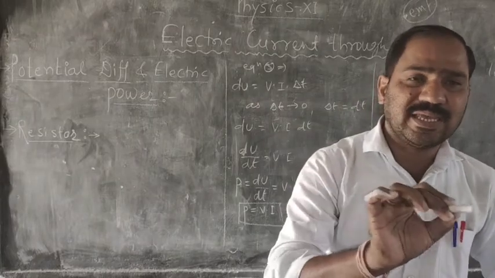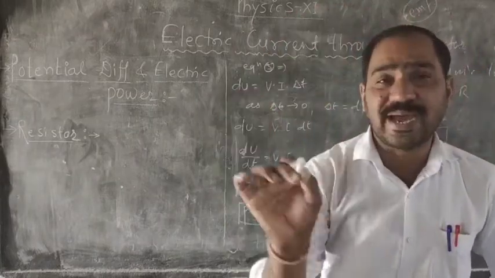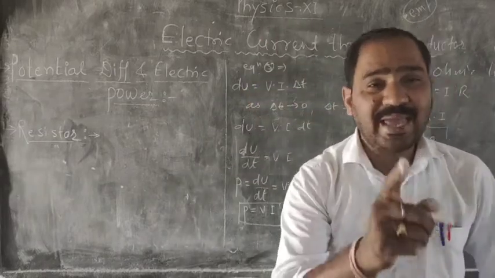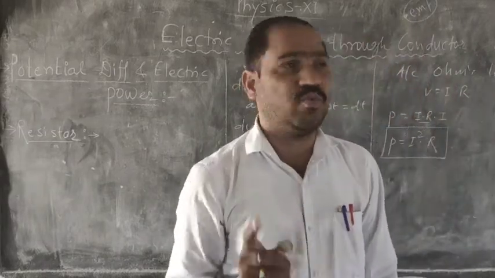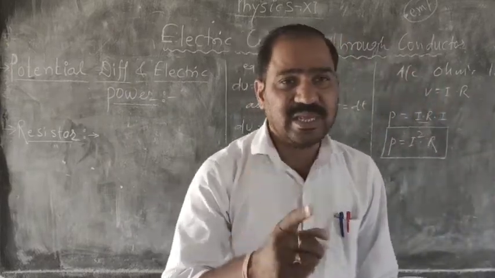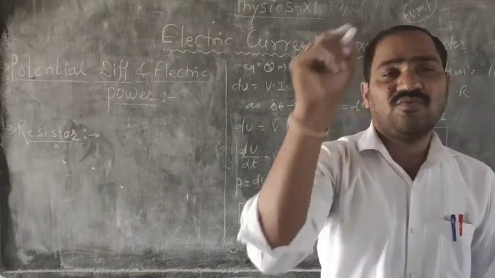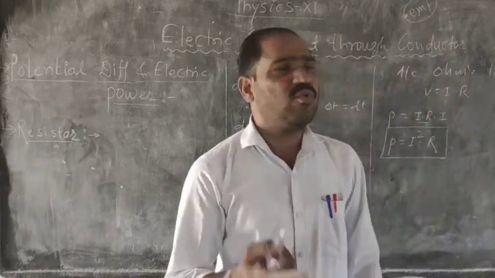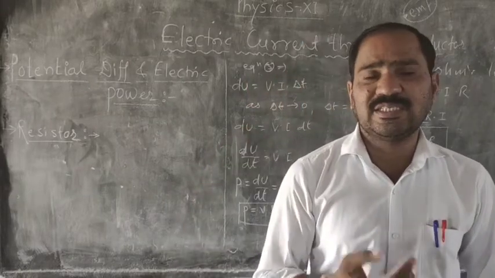मींस ये यहाँ से लेके एक पॉइंट से लेके दूसरे पॉइंट तक चार्ज सर्कुलेट करने के लिए जो भी एनर्जी प्रोवाइड करेगा, दैट इज कॉल्ड एज द इलेक्ट्रिक पोटेंशियल, इलेक्ट्रोमोटिव फोर्स. इसे क्या बोलेंगे? इलेक्ट्रोमोटिव फोर्स. दैट इज द एनर्जी सप्लाइड बाय द सेल to circulate the charge once around in electric circuit is called as the electromotive force. To overcome the resistance in the circuit ऐसे भी बोल सकते हो.